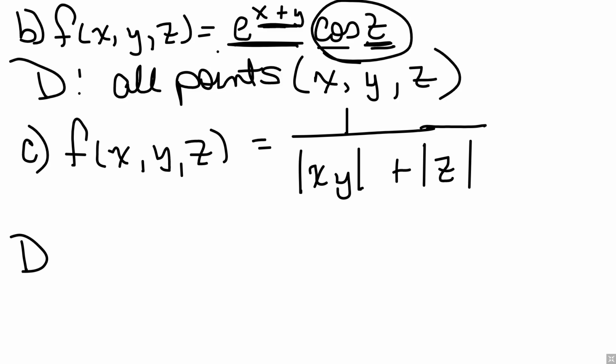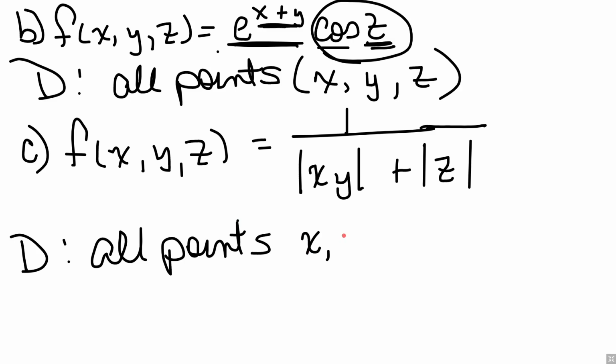Everything being 0 would be just one possibility. So it is going to be all points x, y, z,